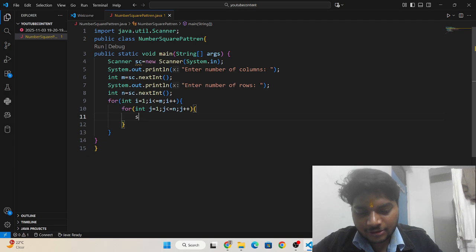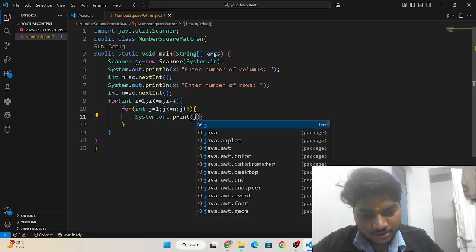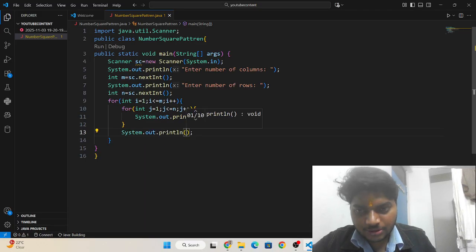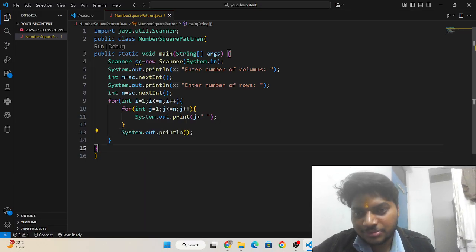Then I need to write here System.out.print and remove this ln so that the output will look clear, and I have to print one extra space, and now I have to print System.out.println.